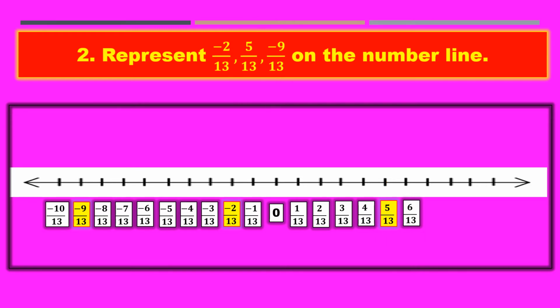Okay, simple. Here whatever denominator is there, that you should take with 1 by 13, 2 by 13, 3 by 13, minus 1 by 13, 2 by 13, like that. Okay, and represent means you can just round up like this also, or you can indicate with any color. Okay, so let us go to the next problem.